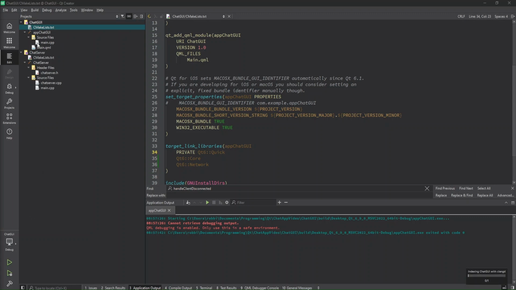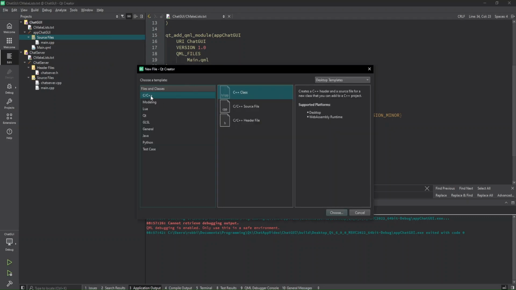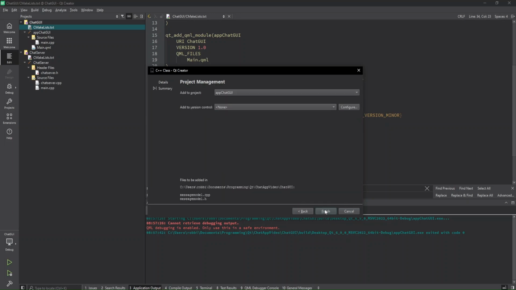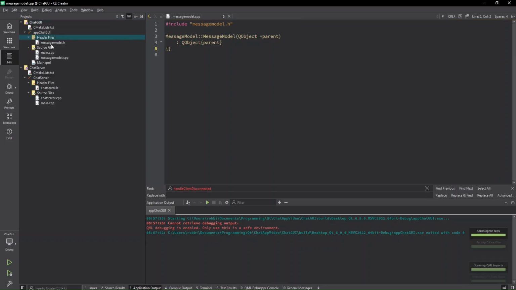Okay, that seems fine. So the next thing we're going to do is add a new C++ class to our project. And this is going to be called message model. We'll inherit from QObject, and that should be fine. So next, and then finish. Okay. So if we just run CMake so we can see our new file, I'm going to go into